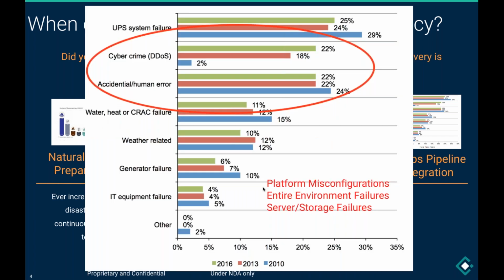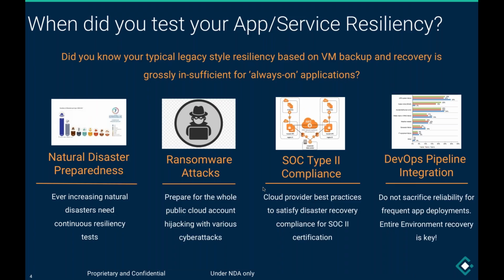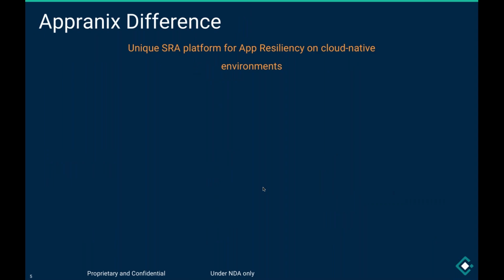Because accidental and human error is the biggest cause of system failure, apart from the cybercrime and other attacks, because you are changing the configurations all the time. So if that's the case, how do you really prevent the SLAs going down? So that is one of the reasons why you got to have a fully resilient system. Or if the resiliency fails, you should be able to bring up that system really, really quickly. So let's see how we can solve that.